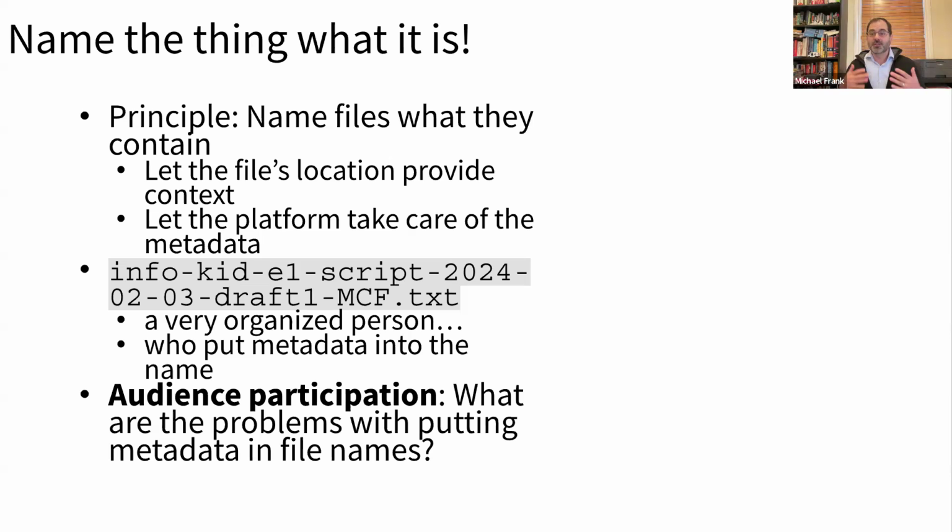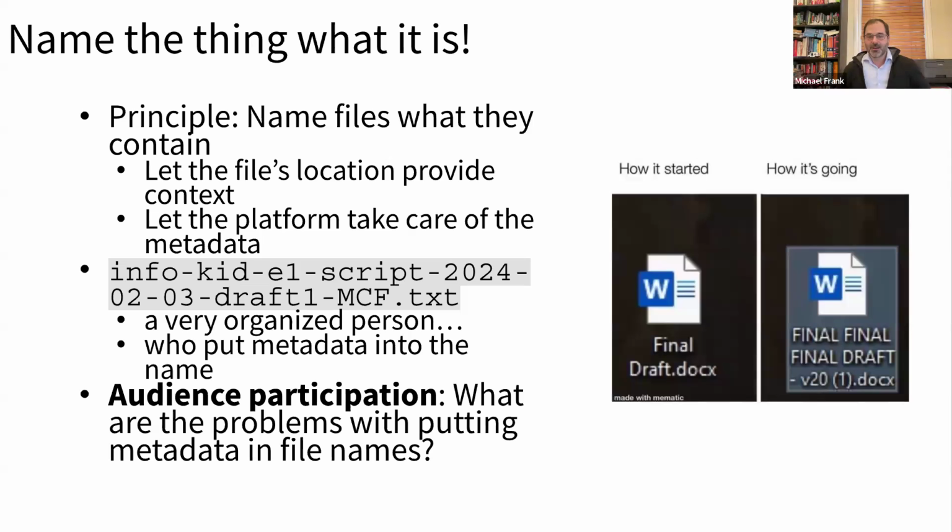Formatting can be inconsistent. So all of these problems can come up, even though I'm trying to be so organized, unless I'm just ultra disciplined and have really, really good hygiene with these file names, and I train everybody I work with to do this, it can go wrong. Here's a meme. How it started is final draft.docx, and then of course how it's going is final draft v20 copy 1, right? So when you name something final, you're putting metadata about the paper, hopeful metadata here essentially, into the name. What you want to call this is manuscript, and when it's final, it's the last version of the manuscript.